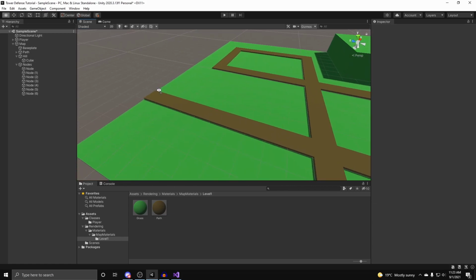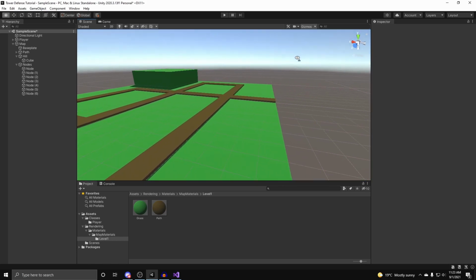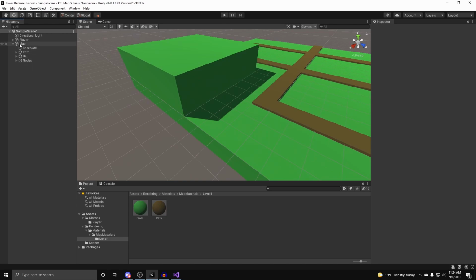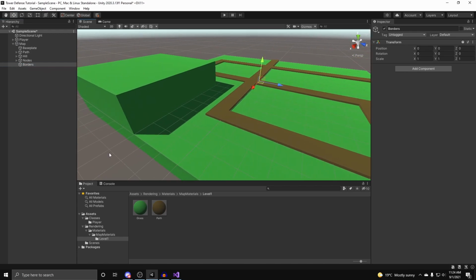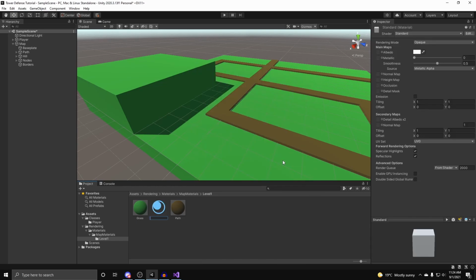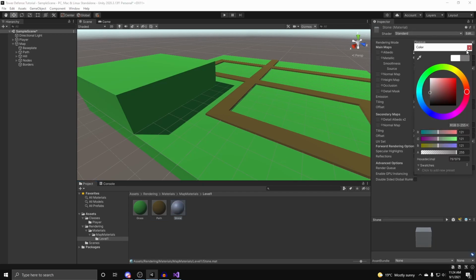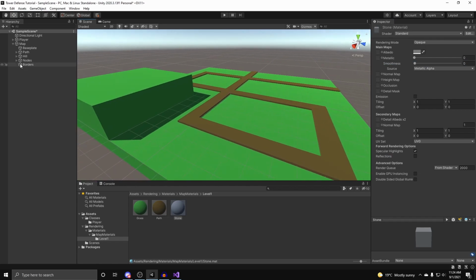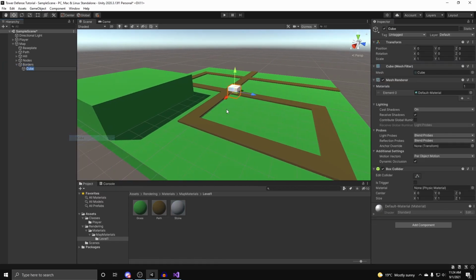And for this next part, this is fairly optional. This is really just putting a border around the map to make it feel more whole and complete. So what I like to do, I just create another empty game object, call this borders, and I like to make it out of stone. So in my map materials level 1 folder, create a new material, call this I guess stone, and it's just gonna be gray, no reflections, maybe just some specular highlights. Tune down the smoothness, and inside the borders we create a new cube object,